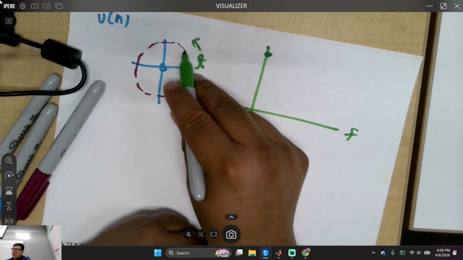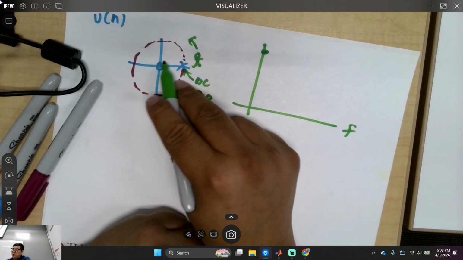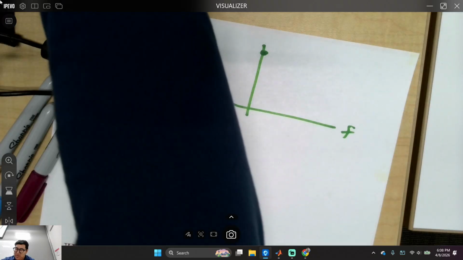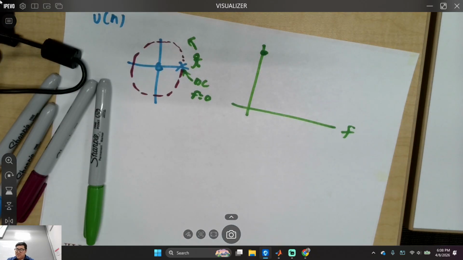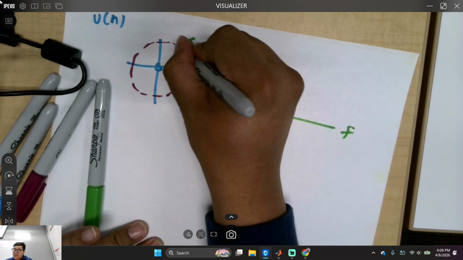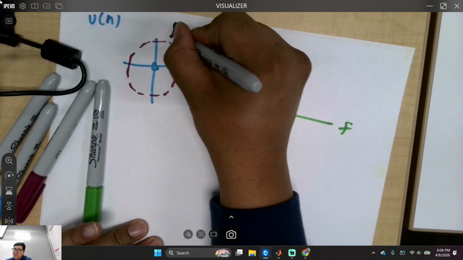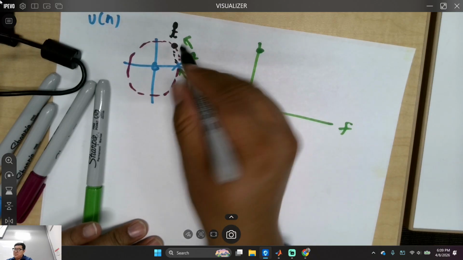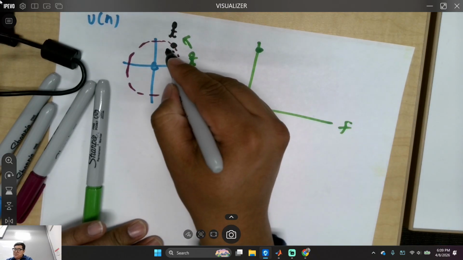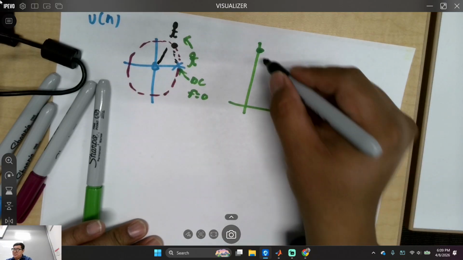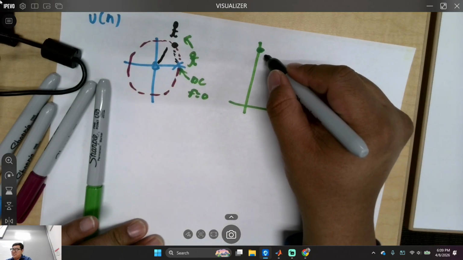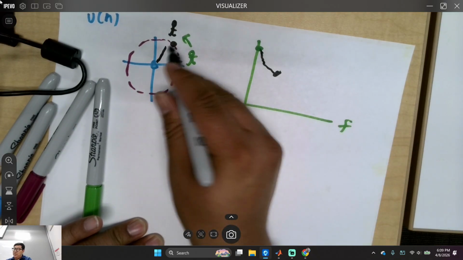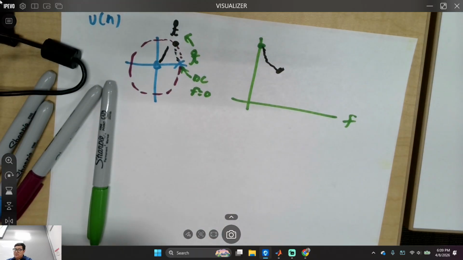But as I go around the circle, this 0 is actually doing something cool where, let me use another marker. Oh yeah, I love using markers. If I were right here, right? This pole still affects me, right? So it's going to pull me up, but the 0 is pulling me down, and then you're going to see something cool where it's like this. It's going to go like this, and you can draw your little points. Is that cool?